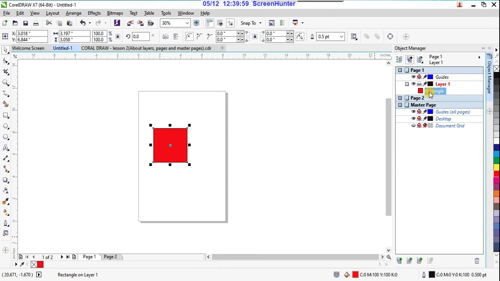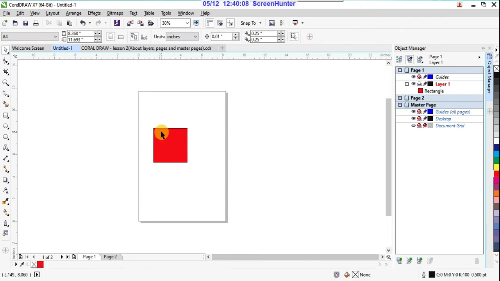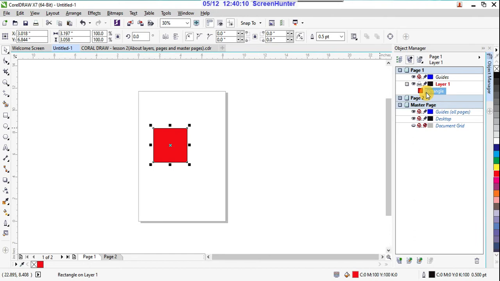Now this is it: I selected this rectangle, and automatically it is selected. Or otherwise, just by clicking on that box, you are selecting your layer also, right? So we can use both ways. Perfect. So it is in the first page.